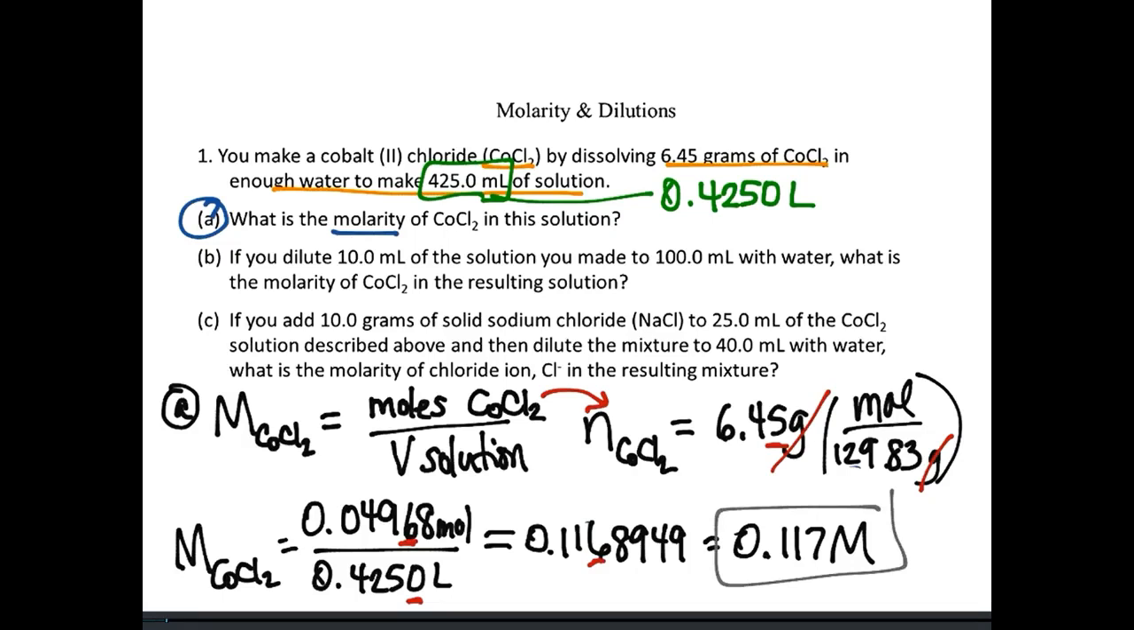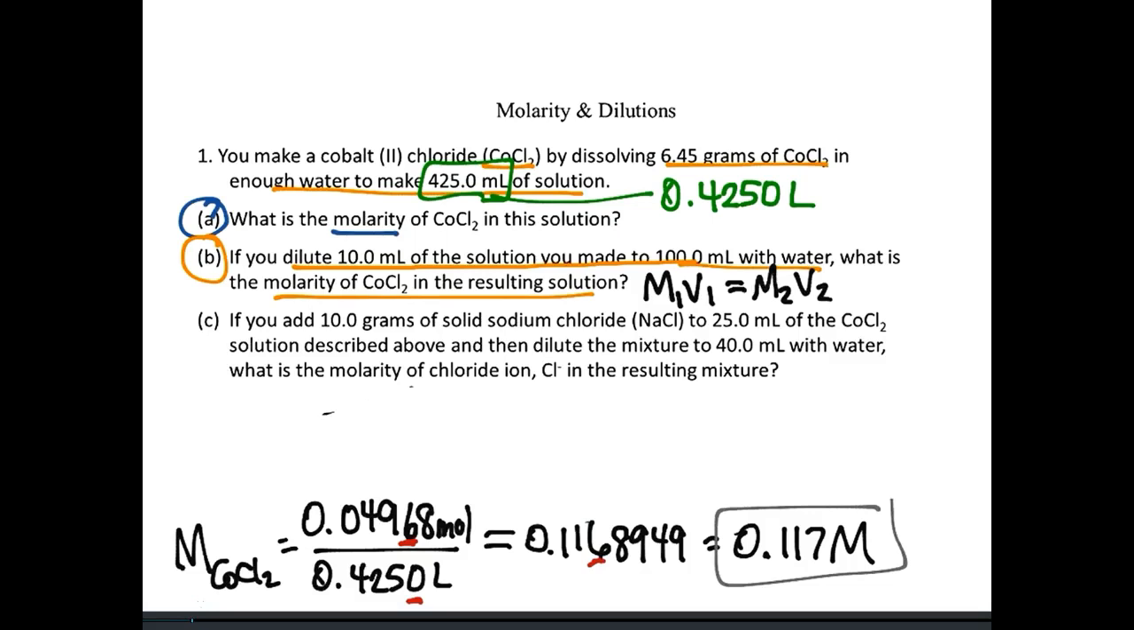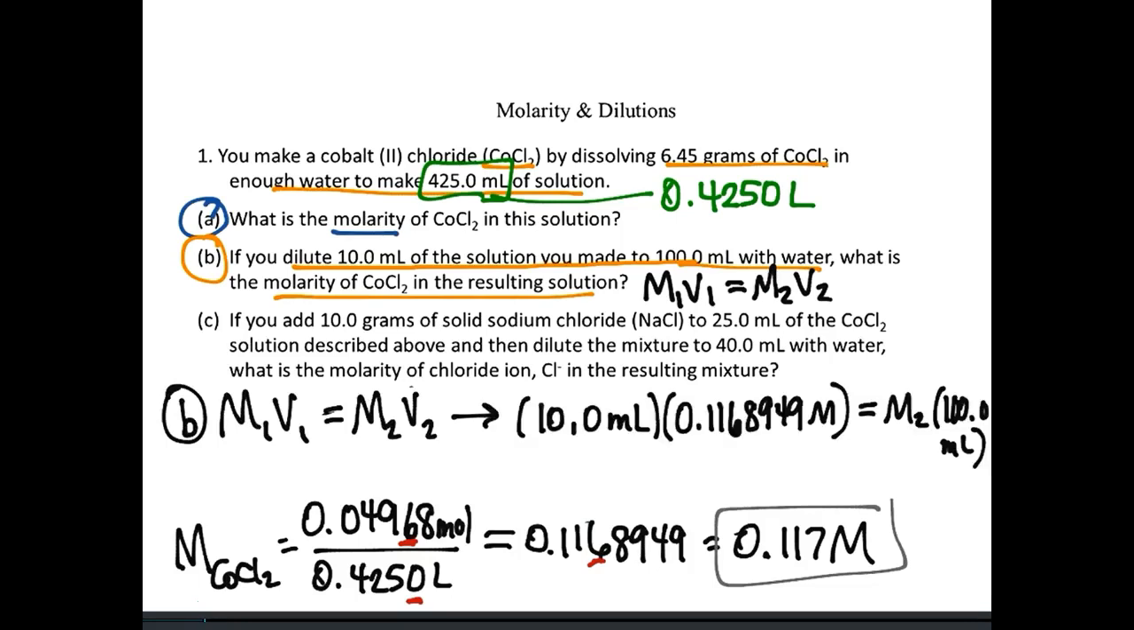Now part B is a dilution problem. We're going to dilute 10 milliliters of the solution we made in A, and we're going to dilute it to 100 milliliters with water. So we're going to use this equation, M1V1 equals M2V2. In this case, M1 is the answer to part A. I'm going to use the unrounded number. I'm taking 10 milliliters of that solution, so 10.0 is V1, equals M2, the number we're solving for,